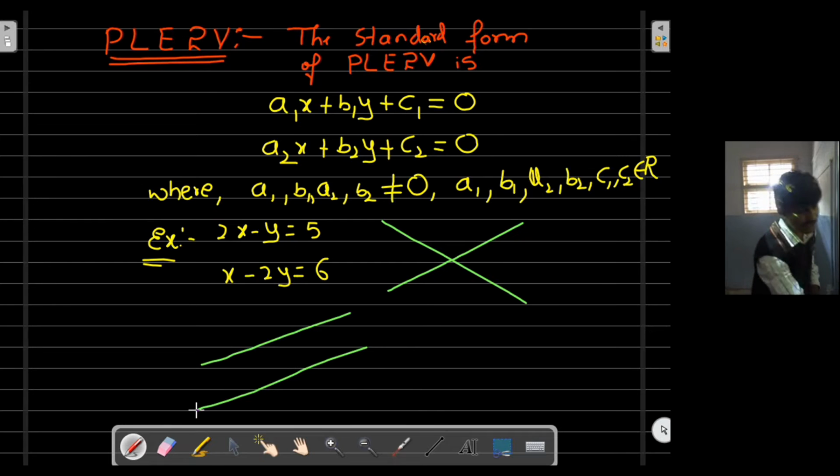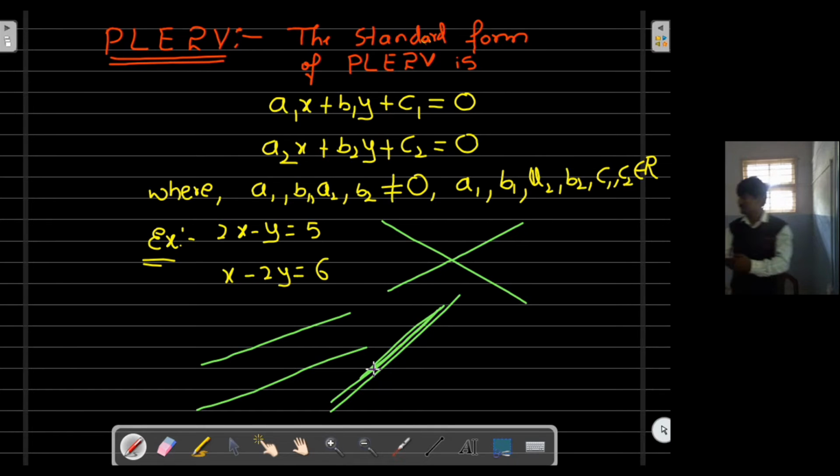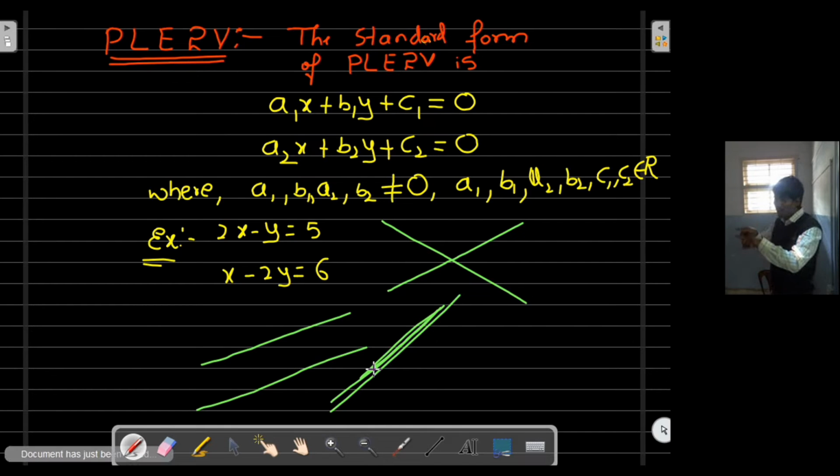The next possibility is coincident, overlapping. If the lines are intersecting, there is only one solution. If the lines are parallel, no solution. If the lines are coincident,